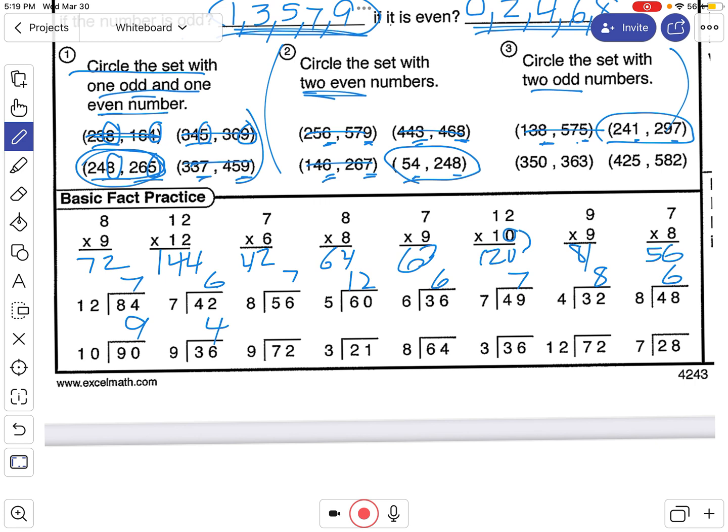9 times 4 is 36. 9 times 8, 72. 3 times 7, 21. 8 times 8, 64. 3 times 12 is 36. 12 times 6 is 72. And 7 times 4 is 28. Okay, fix any wrong answers and